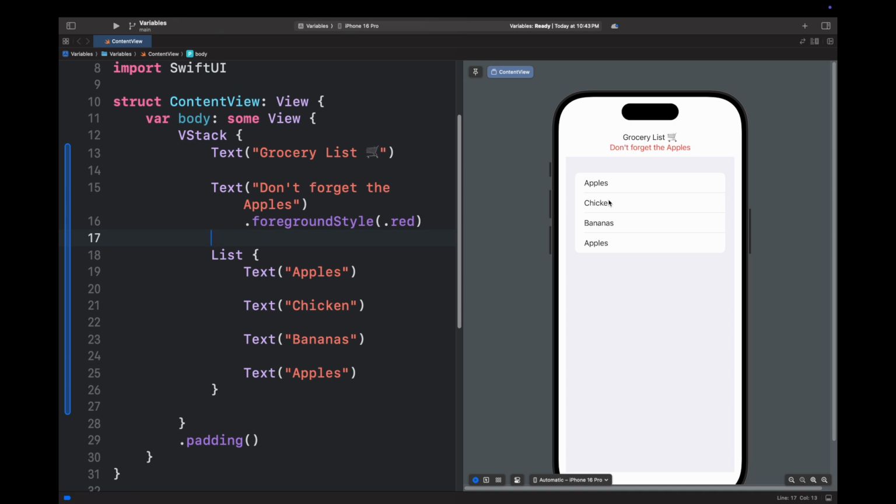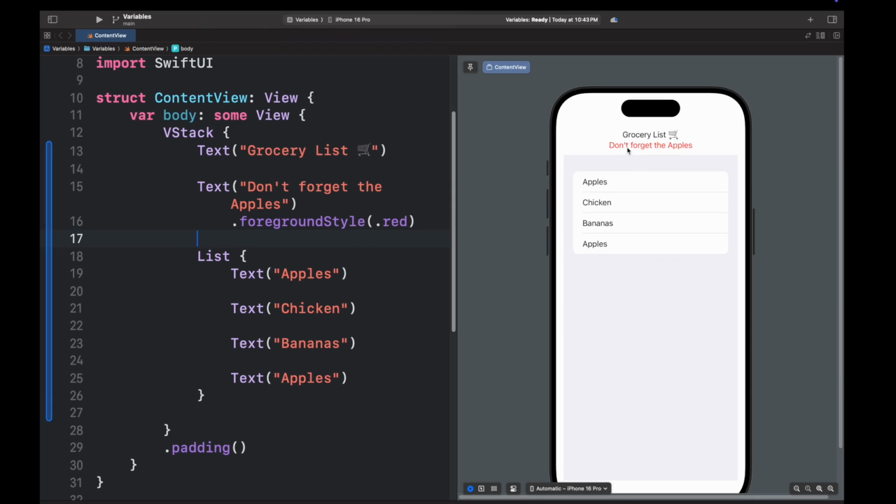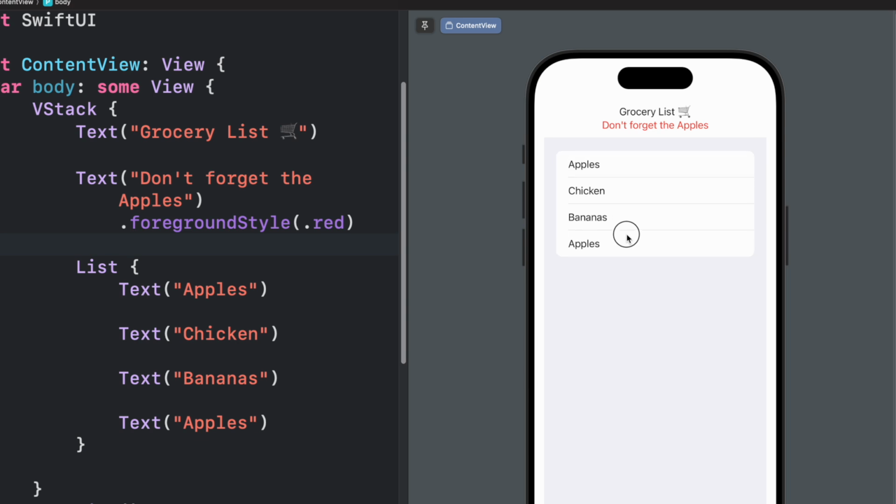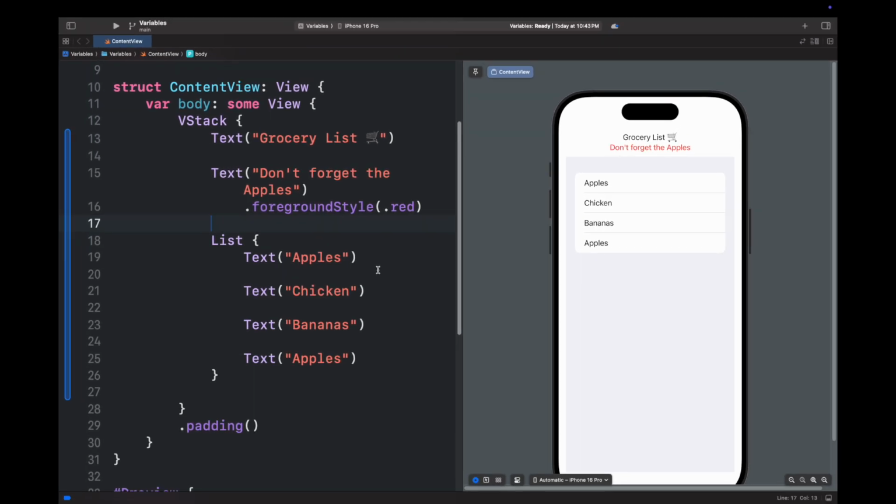So let's look at variables in Swift. Right now we have a grocery list right here for all the stuff I'm gonna buy. And right now you see apples, chicken, bananas, apples. What we can do with variables is, instead of having to type out apples here, and then also having to type out apples here,